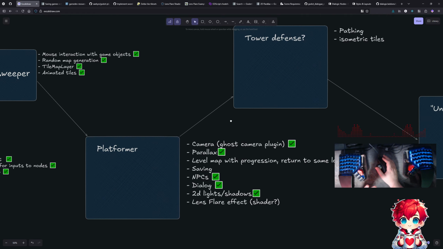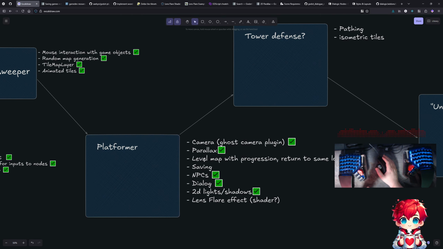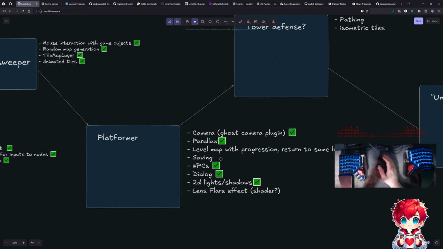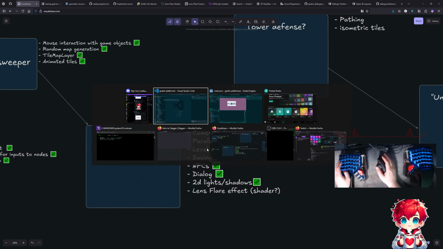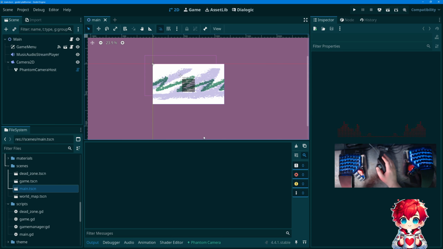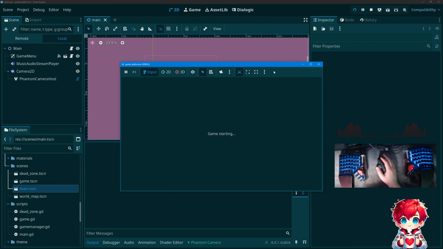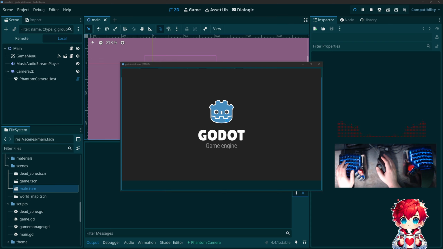A good example of that is thinking about the level map with progression and saving, where these things are potentially very different between different games. This is something I've been thinking about the last couple of days: what did we do, and what do we want to do? So here's Godot. Let me just launch the game. I think the way this is working right now